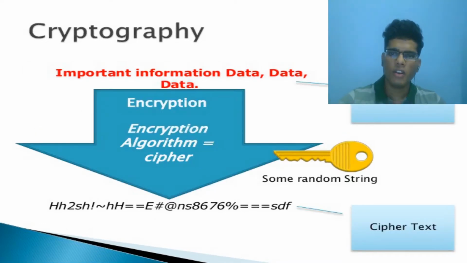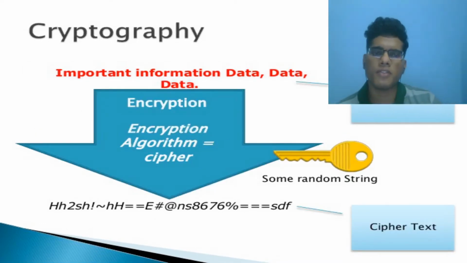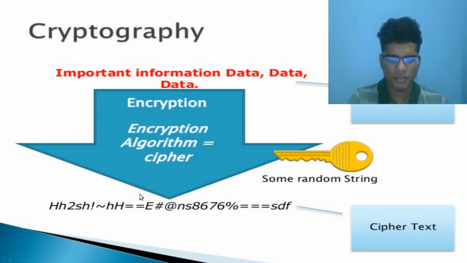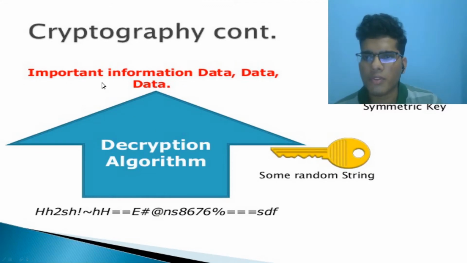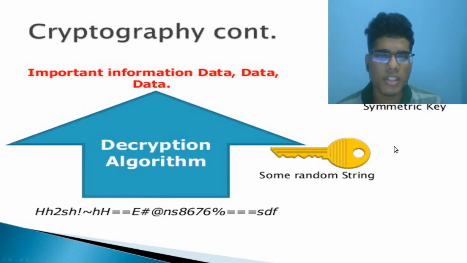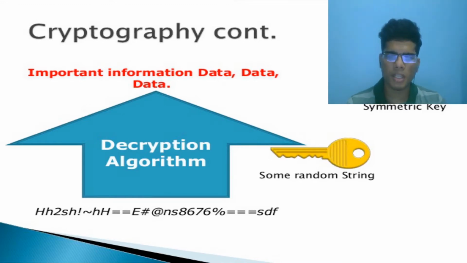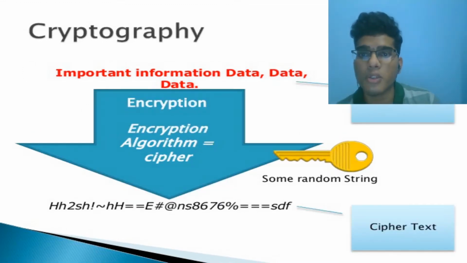Here's the catch. If I encrypt a particular plain text using "hello1" and we get a particular ciphertext, and we use the decryption algorithm to retrieve the data using a different key, for example "hello2", the data which we retrieve from decryption will not match the data which was given to the encryption function.